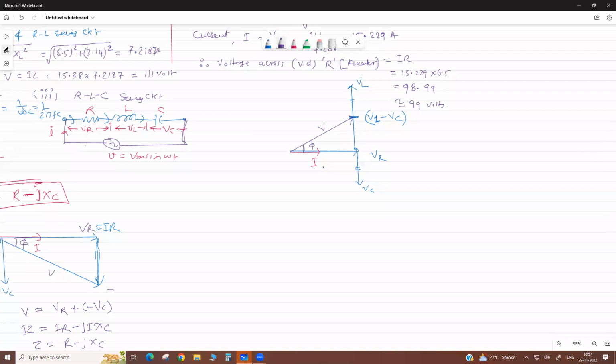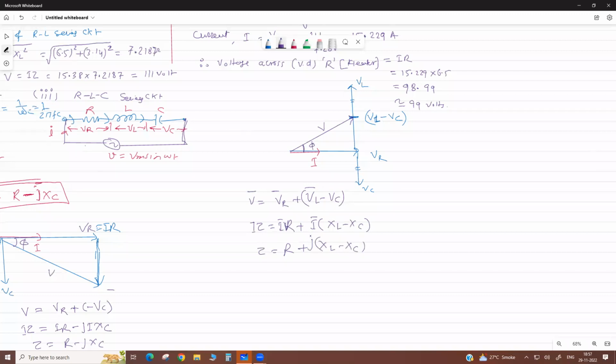If we now calculate the total V equals VR vector plus VL minus VC, vector sum, or it is IZ equals IR plus I XL minus XC, vector, or we can cancel I, then Z equals R plus